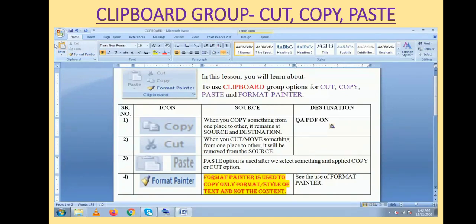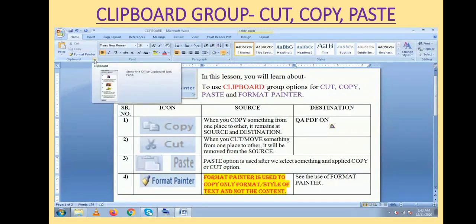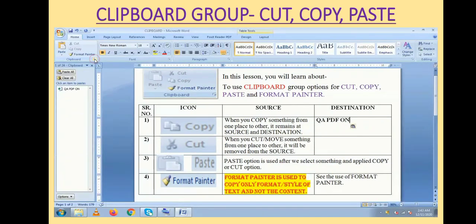And here, just below this office button, there lies a clipboard group. You can extend this clipboard group panel by clicking on this symbol, and you can see the clipboard appears below the clipboard group options.